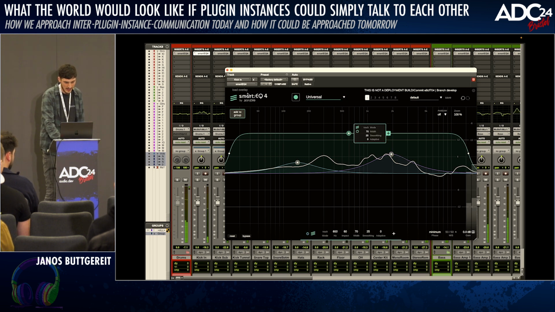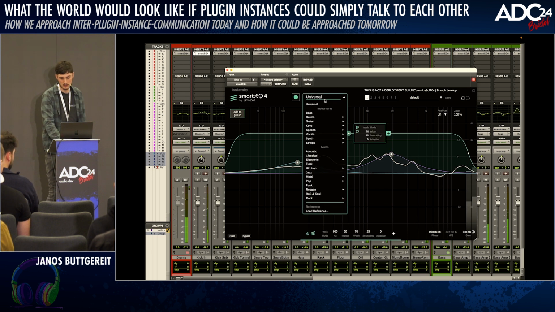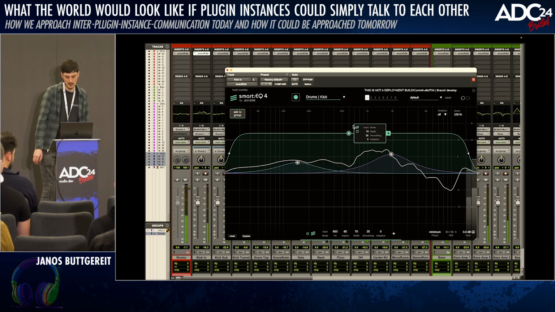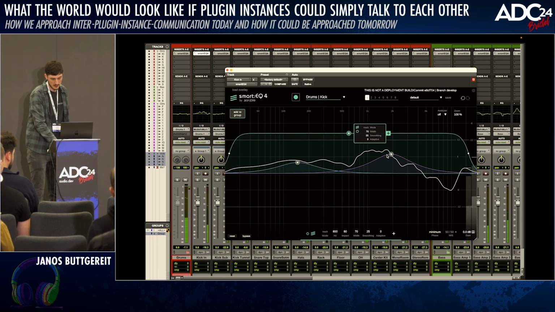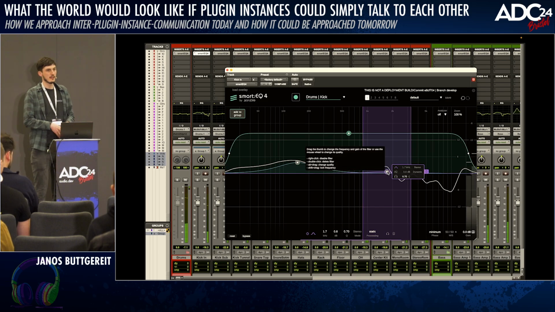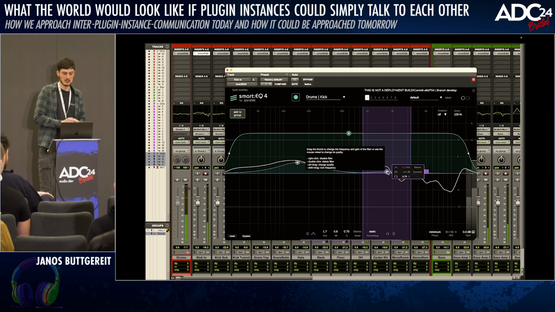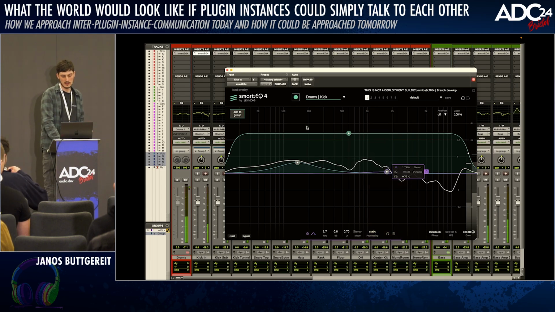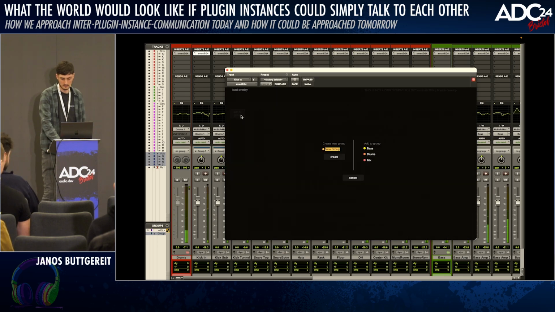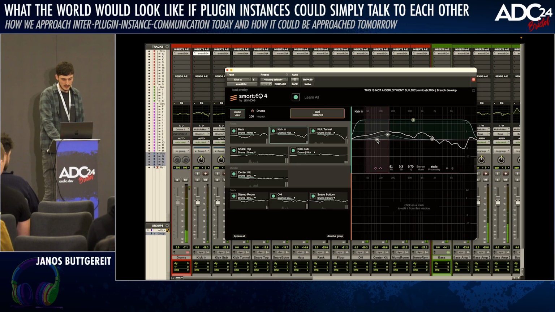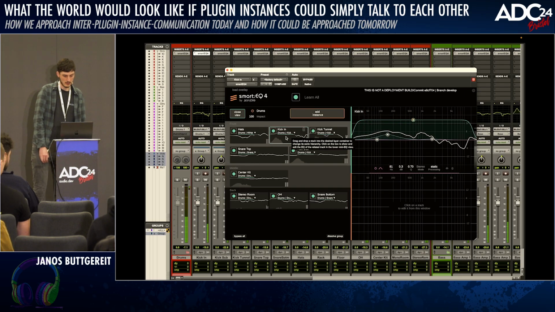And if I look right, I'm on a kick channel now. So I can just pick this kick profile and it will change. So you see we have kind of an intelligent equalizer over here. No inter-plugin communication so far. Now there's this button Add to Group, and this is where plugins start to communicate. If I hit this, I can either decide to join an existing group or create a new one. I'm on a drum channel now, so just pick drums, and here we are. We ended up in a drum group.